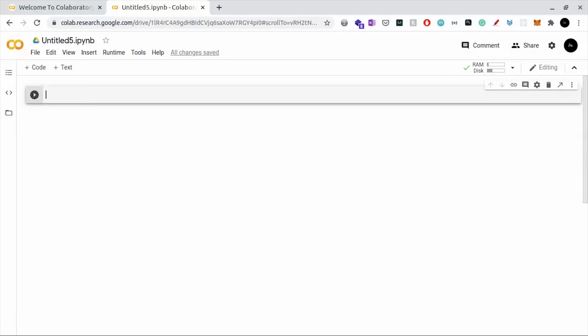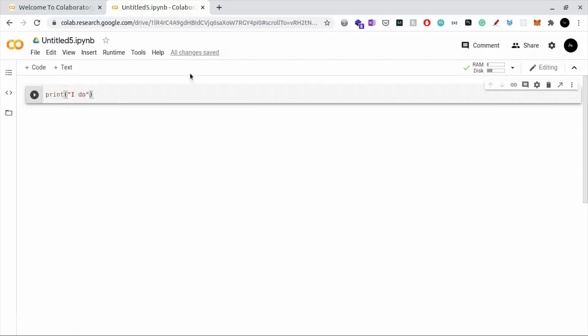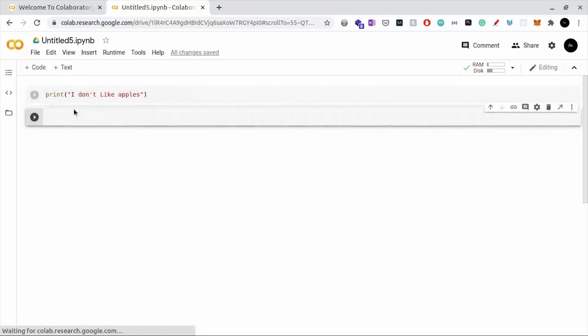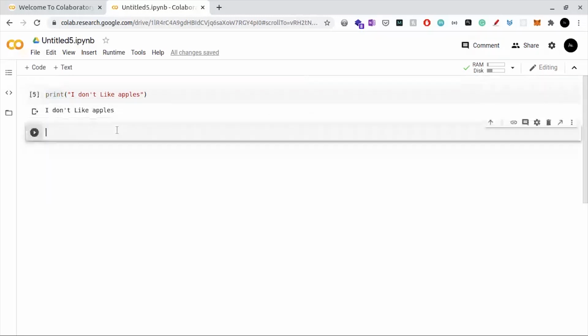So what if we have to write print I don't like apples, right? So it will run just fine, like we see in the previous programs. Yeah, I don't like apples.